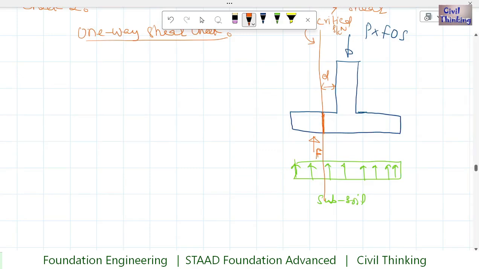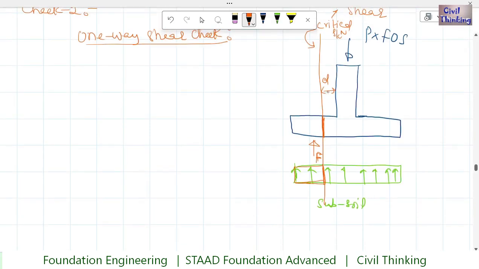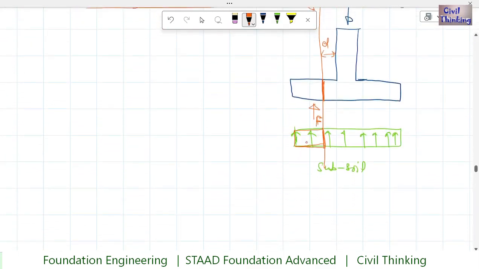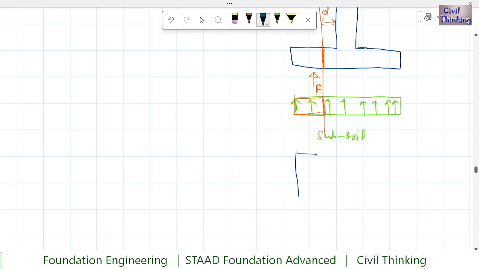And how do we get the shear force on this? We get it from this much of area, right? So this much of area of this pressure diagram is going to give us the shear force on this section at a distance of d from the face. In order to get this area of this pressure diagram, we have to draw the plan view, right? So if this is the plan view, for example,